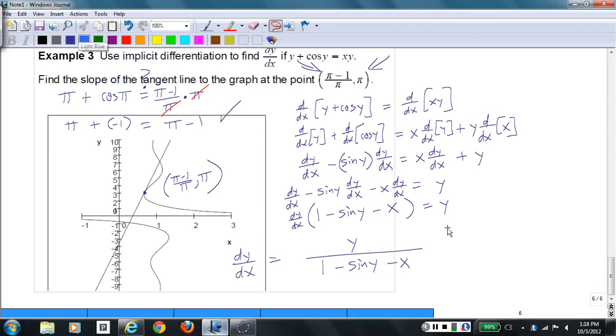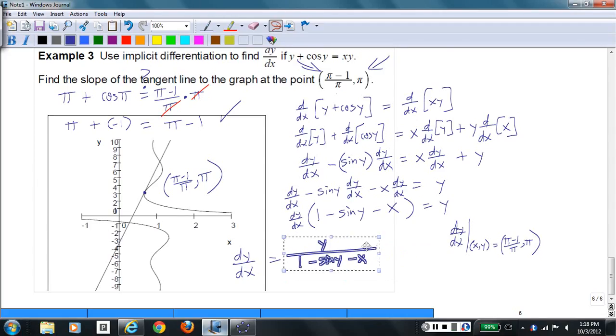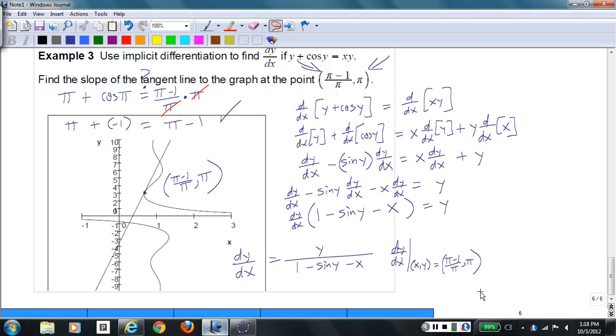I'm going to write it like this. dy/dx, where (x, y) equals (pi minus 1 over pi, pi). I really would like to have room to say something. What can I say? Oh, I can scoot this over. Let's shrink it just a bit, and then this over there. So dy/dx, where (x, y) is that point, is equal to